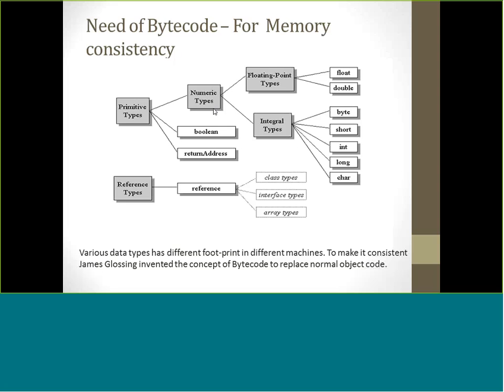This requirement maps directly to the memory requirement. Suppose I have a program with around 10 integers. On a particular machine, if the integer size is 4 bytes, then I need 40 bytes. On the other hand, if I have a machine where the integer size is only 2 bytes, then the requirement is only 20 bytes. So to overcome the inconsistencies of data types across different machines, James thought we need